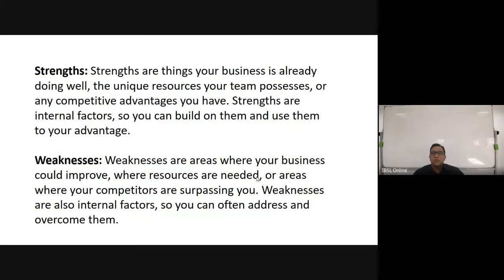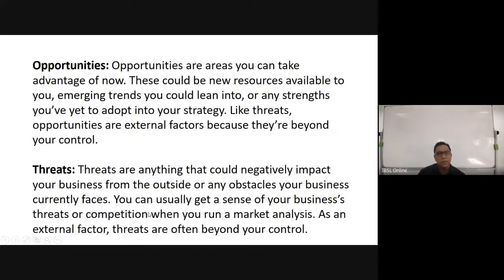So strengths are things your business is already doing well. Yes, unique resources your team possesses, or any competitive advantage you have. Strengths are internal factors, as I said, so you can build on them and use them to your advantage. I hope you agree. Weaknesses are areas where your business could improve, where resources are needed, or areas where your competitors are surpassing you. Weaknesses are also internal factors, so you can often address and overcome them. So strengths and weaknesses are within your control, but opportunities